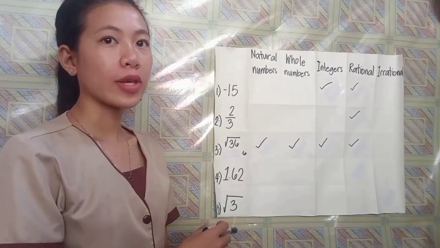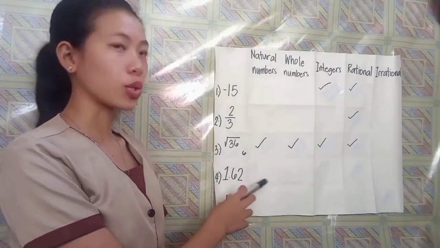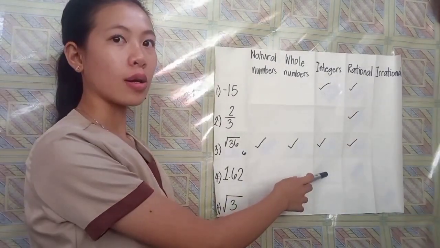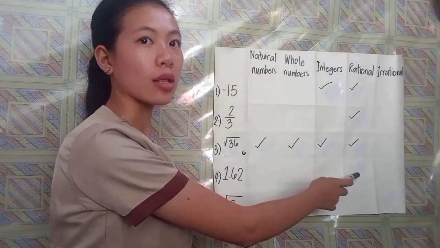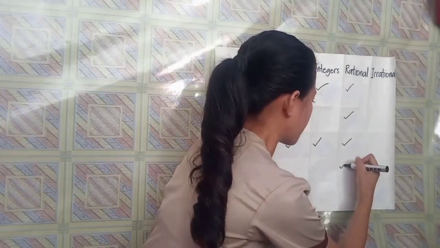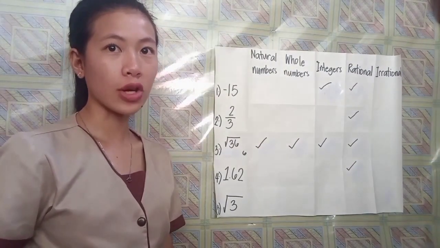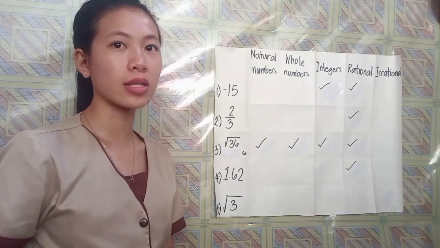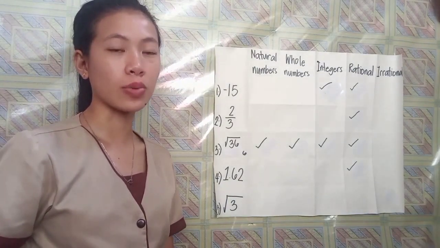How about if the given is a decimal, 1.62? It is not a natural number, not a whole number, not an integer, but it is a rational number. If the decimal can be transformed into a fraction, then it is a rational number. If we cannot transform it into a fraction, then it is not a rational number. If a decimal is given, we can consider it rational